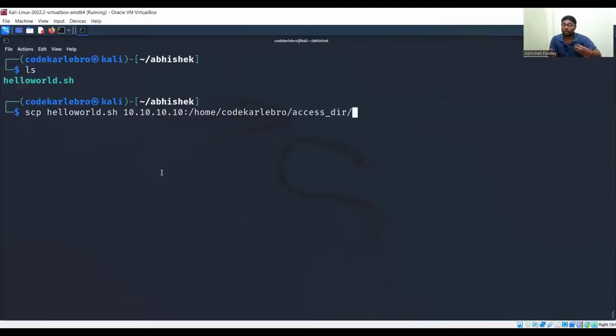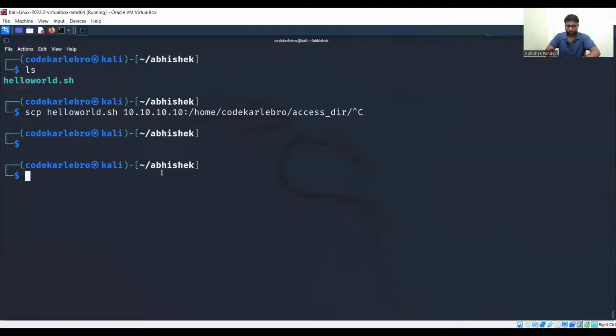If you want to copy a folder, then you have to use the scp -r command. If you explore scp more, you will know that -r is used with a directory, but if you want to use it for a gz file or simply any script, you can use the scp command directly and it will work. So this is how you will use the scp command. Okay,